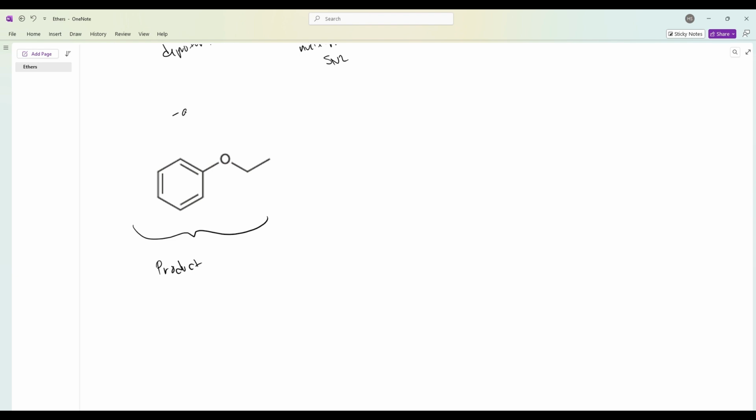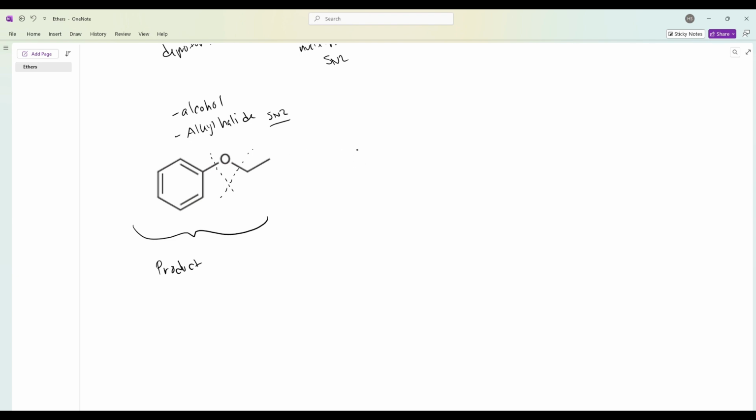And so remember, we're going to want to start with an alcohol and an alkyl halide. So now it's our job to figure out which side we're going to keep the alcohol on, if we're going to keep it attached to the phenyl group, or if we're going to make it attached to the ethyl group. And we can just play out both scenarios and see what works best. And we're going to keep in mind that this is going to end in an SN2 reaction. So we want to make sure whatever we set up as our alkyl halide can be attacked through SN2,